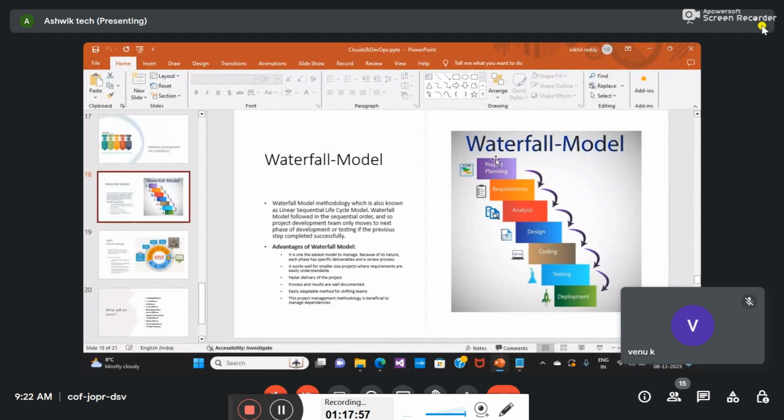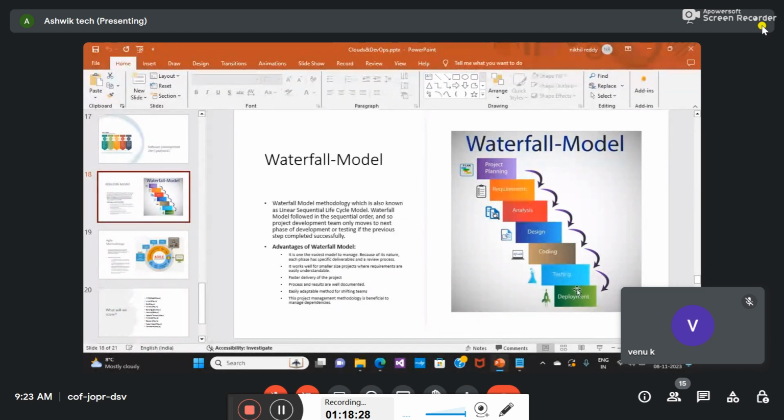That means this process is in sequential order, right? This is sequential order. One stage depends on another stage. If that stage is not completed, you can't go to the next stage. In this waterfall methodology, this is the process. Step by step you have to go. You can't skip any step here. Okay, so any project in a software company will take 1 year or 2 years or 3 years